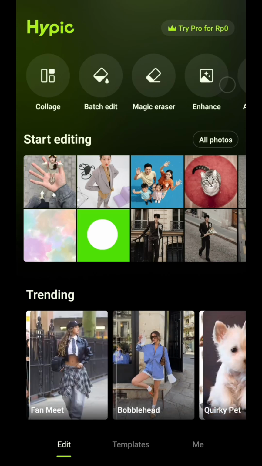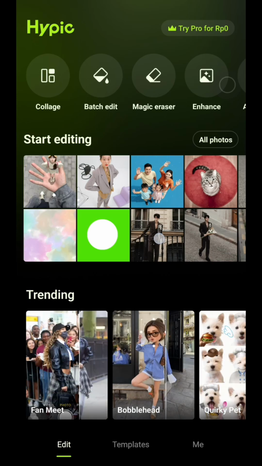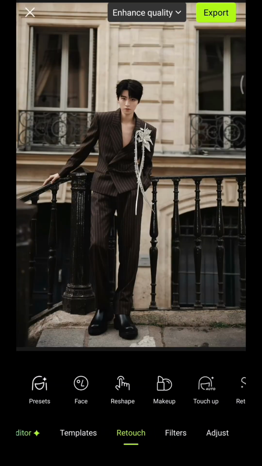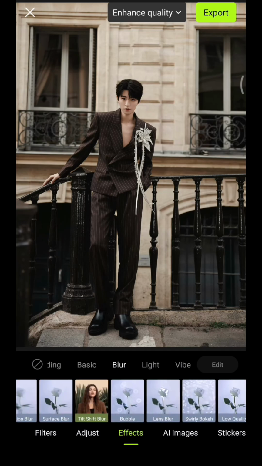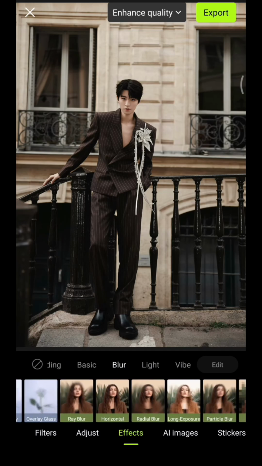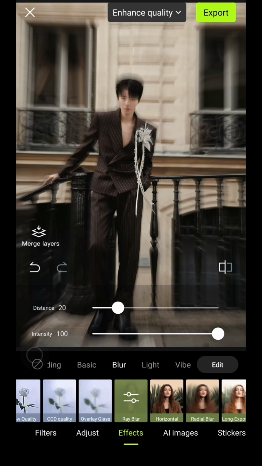This can be a portrait, a lifestyle shot, or any photo where you want to highlight the main subject, like this. And then now just tap on Effects, and then go to Blur, and then just choose Ray Blur, this one, and then adjust the intensity like this,